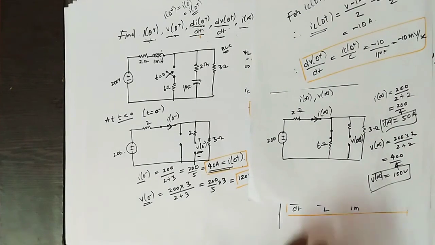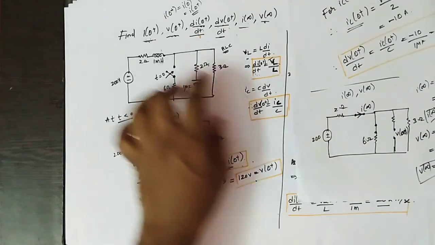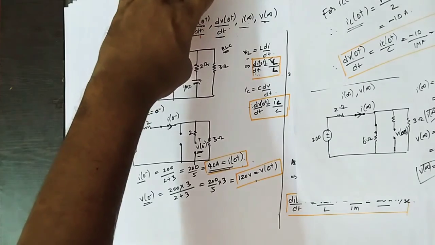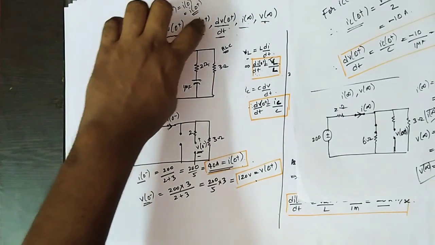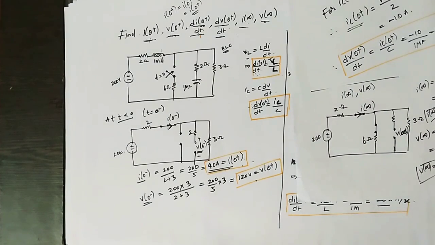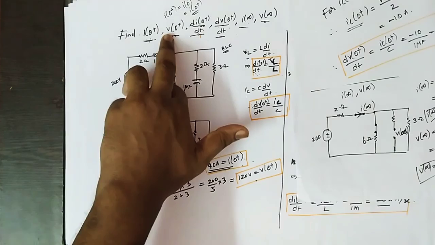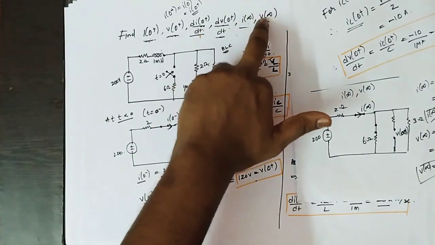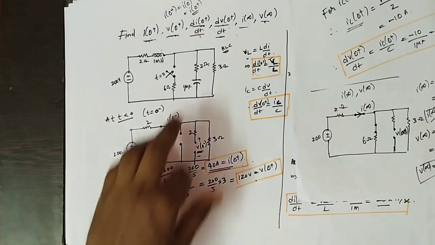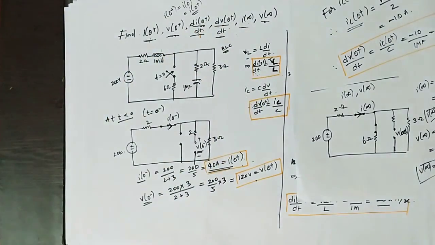So finding I of infinity and V of infinity is not a big deal. Finding I of 0 plus and V of 0 plus is also not a big deal. But finding di of 0 plus by dt and dv of 0 plus by dt is a big deal for you. Now in the questions, they won't ask you to find I of 0 plus, V of 0 plus, I of infinity and V of infinity, since these are easy to find. In few circuits, they directly ask you to find di of 0 plus by dt or dv of 0 plus by dt. So to